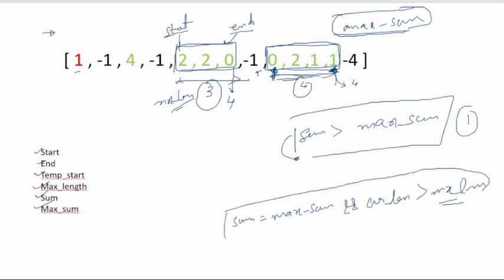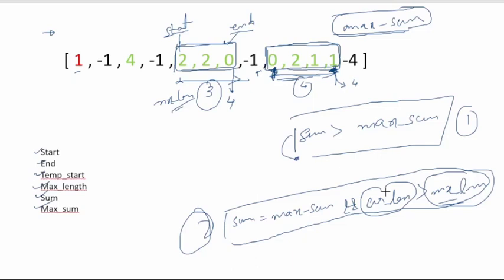This is our condition 2. So how do we calculate the max length and the current length? While iterating through this subarray, at any point we can simply say the max length, as at any point the condition 1 is fulfilled. We will just say if we are at an index I, then the max length would be,